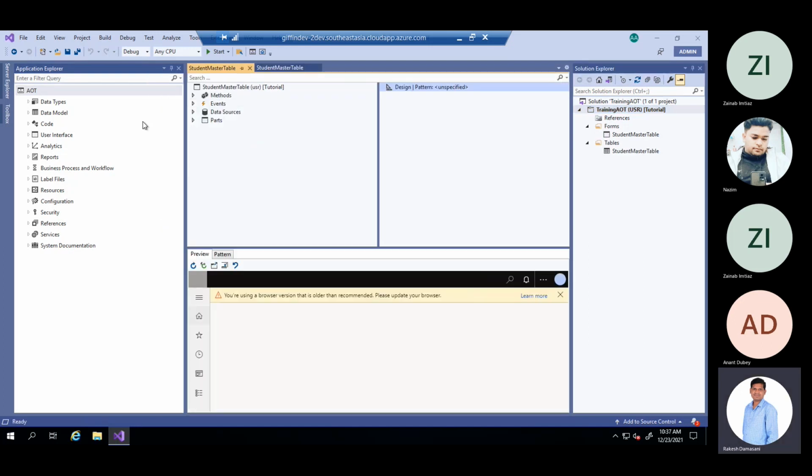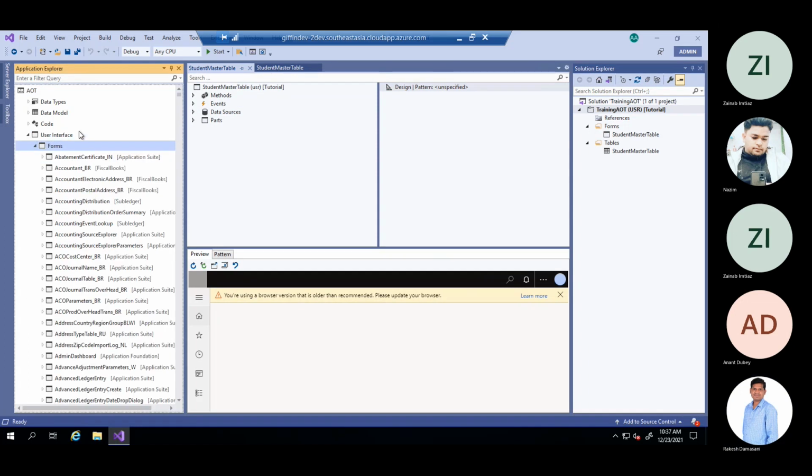If you take any standard, I think it will be like that only. See here, accounting distribution, A capital, and distribution D capital, accounting distribution order summary. These we call best practices. We have to follow how Microsoft is creating the objects. Mostly we will follow the same thing.